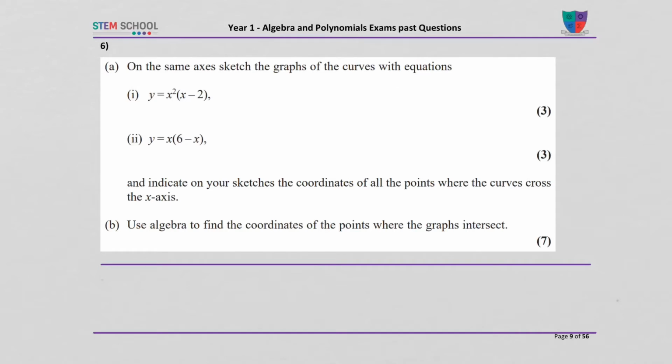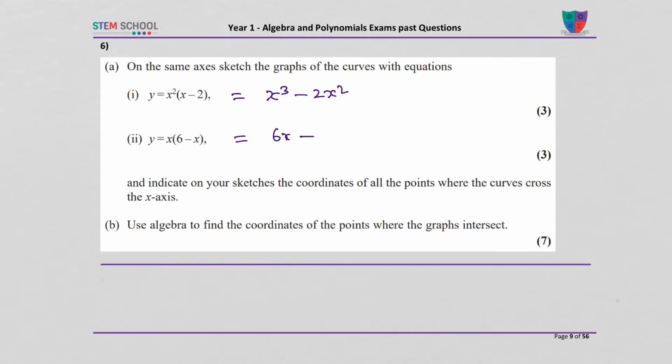Question 6a, part 1. On the same axis, sketch the graph of the curves with equations, part 1 and part 2. Okay, so we got two equations. One is cubic and one is quadratic. This cubic equation can be written as x cubed minus 2x squared, and the quadratic will be